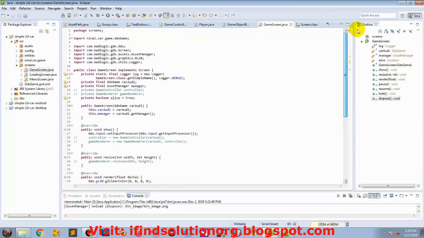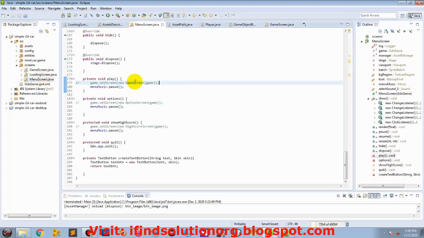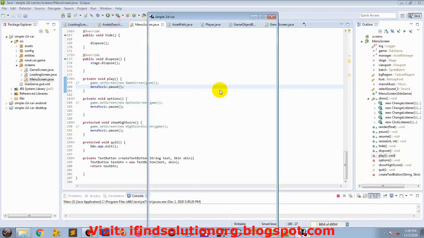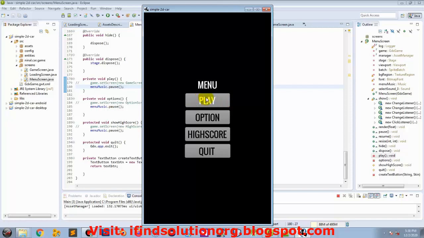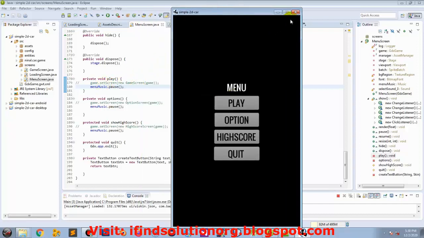So now we have a GameScreen. Now if we go to our other file, we can just close it, since we haven't created it yet. Now we get back to our loading screen, menu screen. If we run our game, you can see we have the menu, we have play. Whenever I press play, this should take us to the game screen, but see, the game screen, we didn't